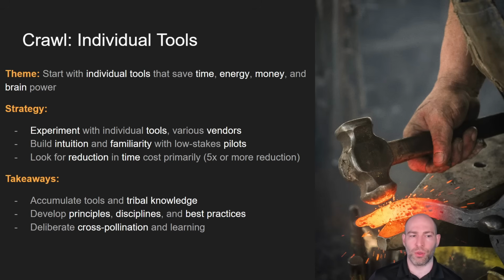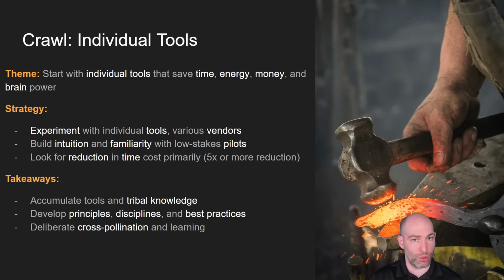And what you're going to be looking for is reduction in time cost. And I don't mean 10% improvement, I mean 10x improvement. Because there are some AI tools out there that already really greatly improve and accelerate things. So an example is Casetext. Casetext is a tool that lawyers use that does a lot of legal research. And it can literally do days or weeks worth of legal research in minutes. And so there we're looking at a reduction of time cost by 100x or 1000x.